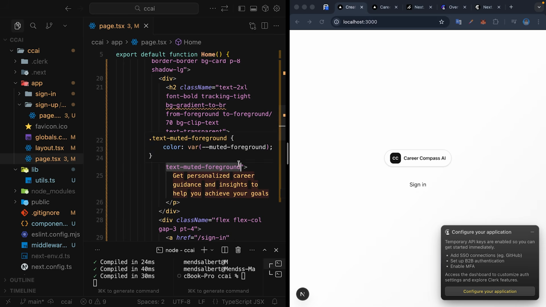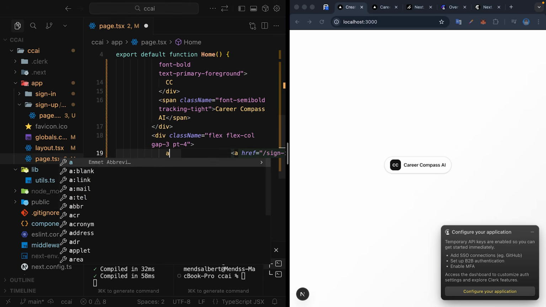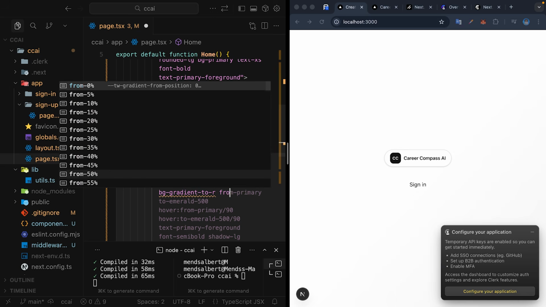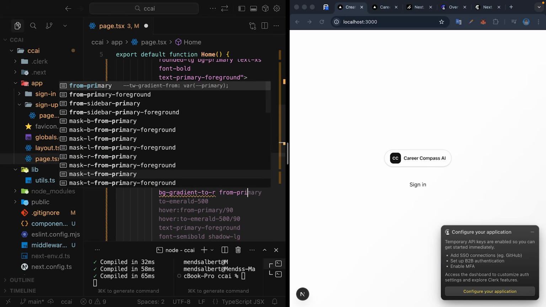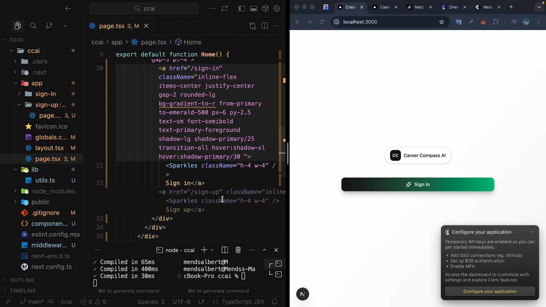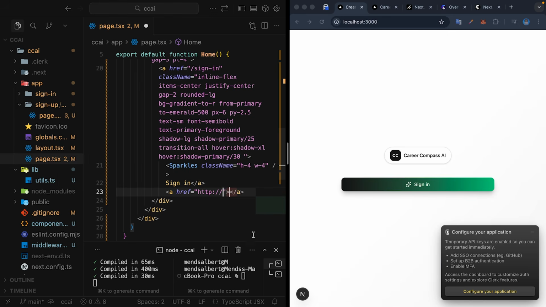Finally, we need our call to action buttons. We will add a div with flex column and a gap of 3. First, we will type an anchor tag pointing to /sign-in. For the styling, we will use a gradient from primary to emerald 500. This gives it that modern AI feel. Inside the tag, we will add a sparkles component with a height and width of 4, followed by the text "Sign in." Right below that, we will add our second anchor tag pointing to